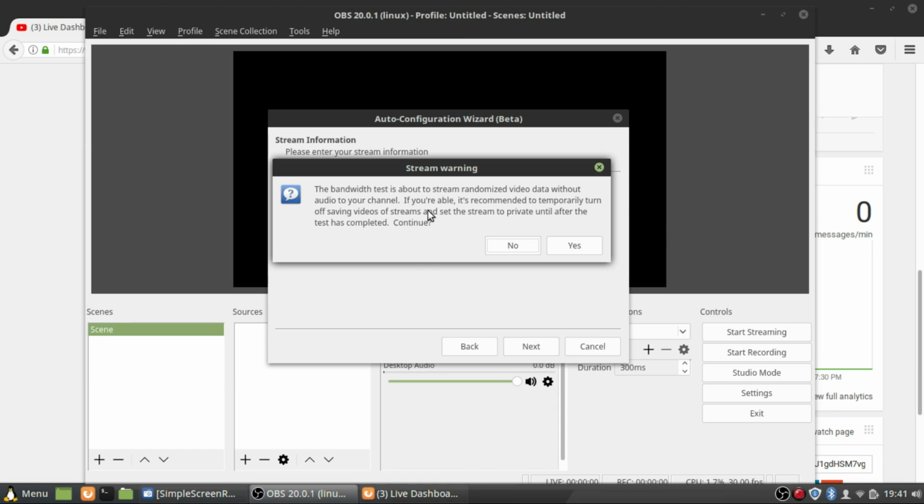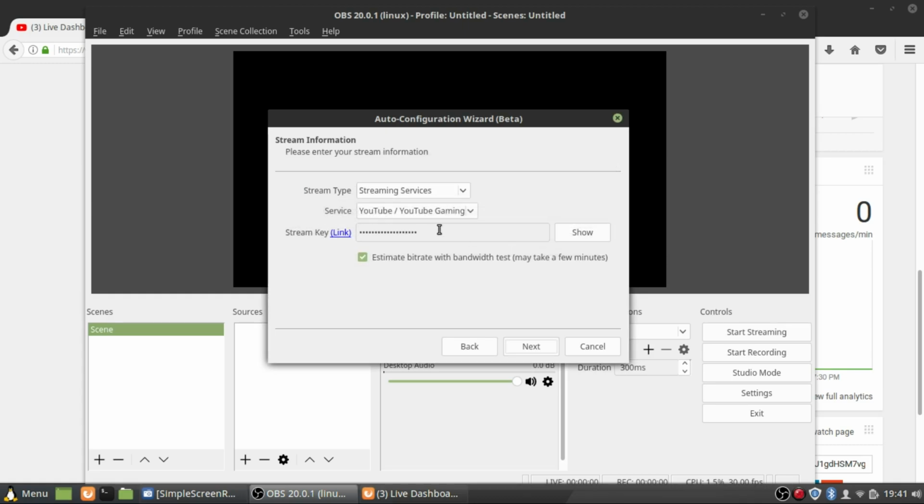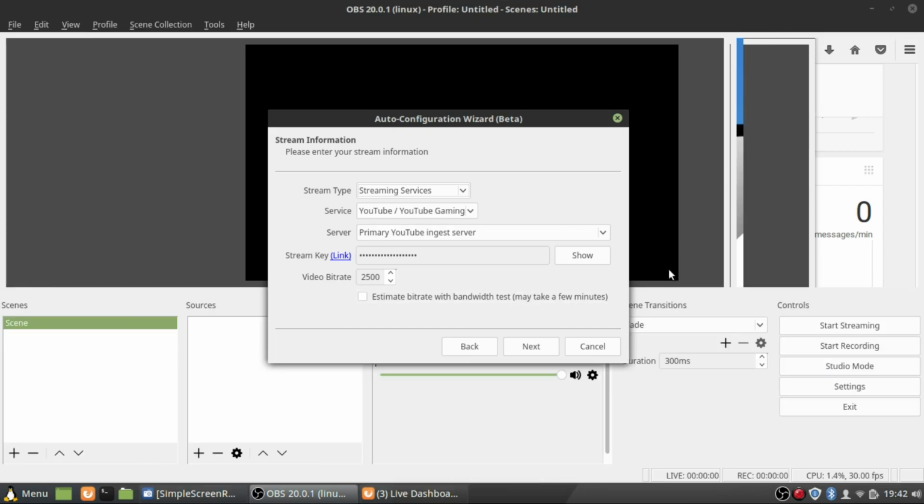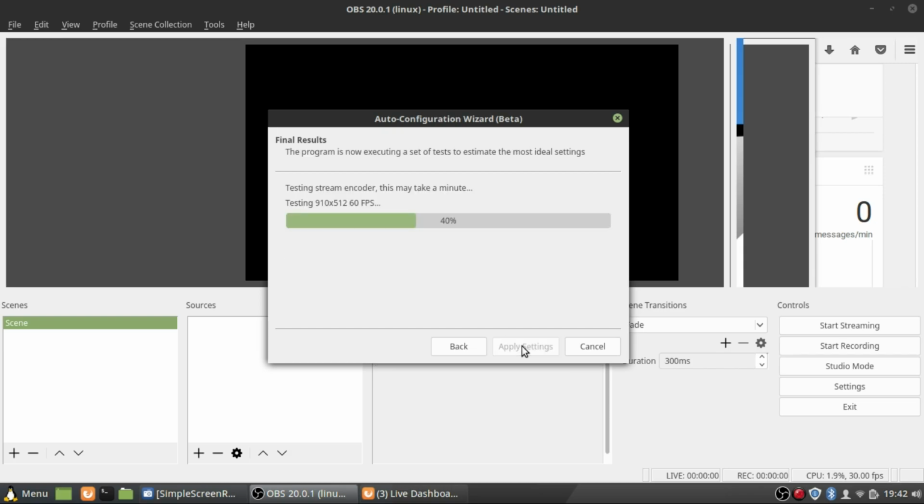And now this will say the bandwidth test is about to stream randomized video data without audio to your channel. If you are able, it's recommended to temporarily turn off saving videos of streams and set the stream to private until after the test has completed. So I'm not going to do the estimate bitrate and all that testing stuff right now, actually. Okay, so that's what turns off the testing stream. So I'm going to go ahead and select next, and